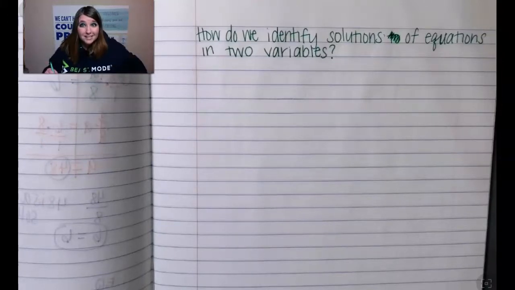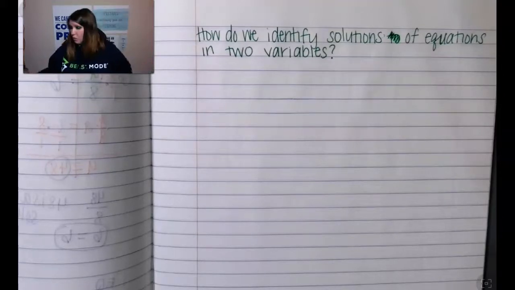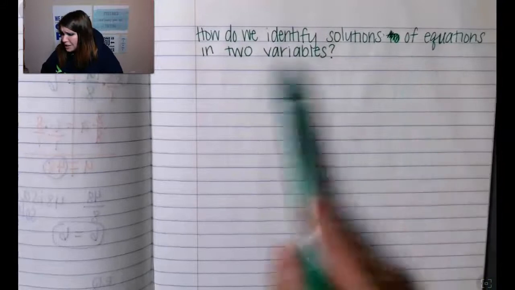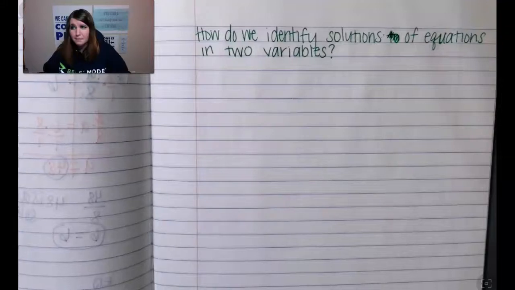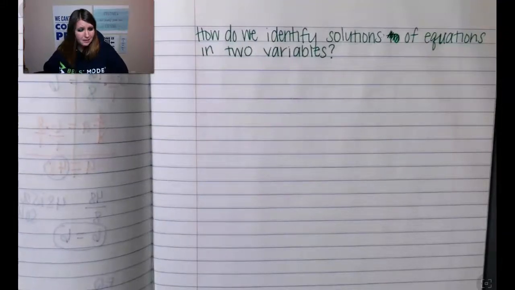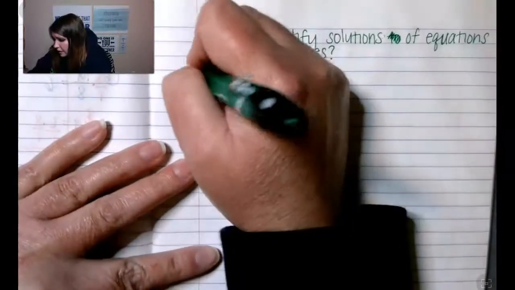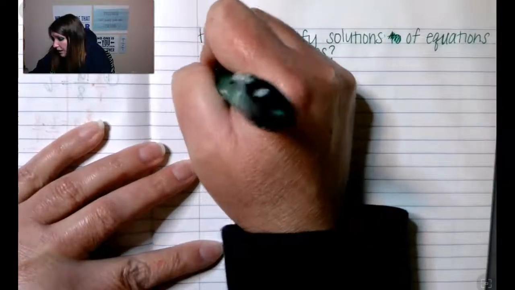Let's do this. Okay, so first we need to know what in the world equations in two variables, what does that even mean? That doesn't even sound like math words. I mean, it sounds like math words, but not like language arts words. What? Give me some words, Miss Englander. Okay, so equations,